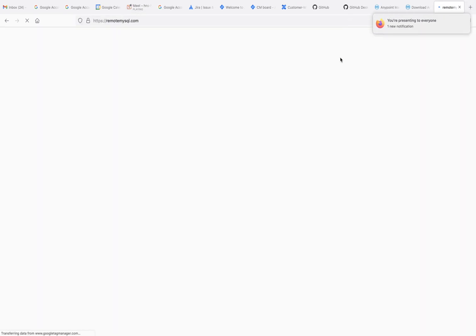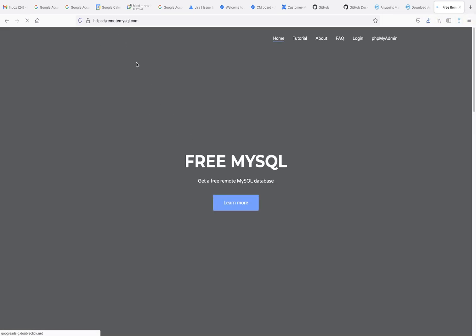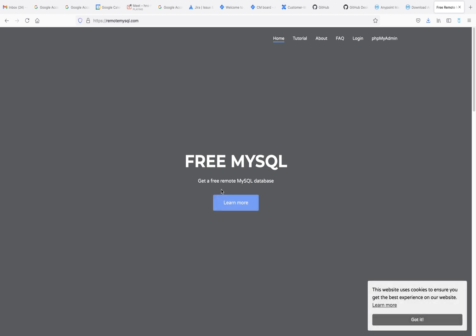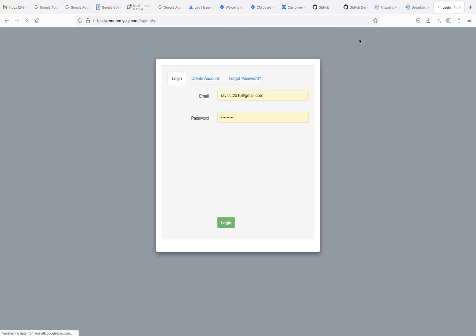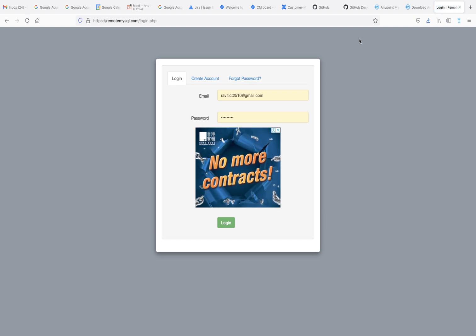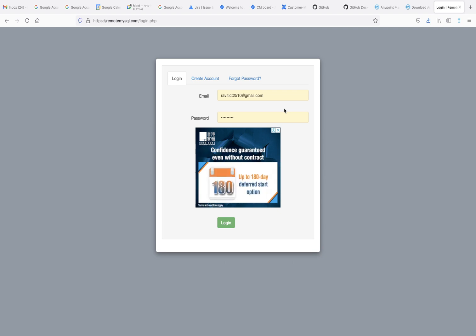Actually, we are not going to use our own database that is deployed on our machine, so we are going to use the cloud version. Since we are going to deploy our application on CloudHub, we need this database to be accessible from the internet. Okay, that's why we are going to use this one.